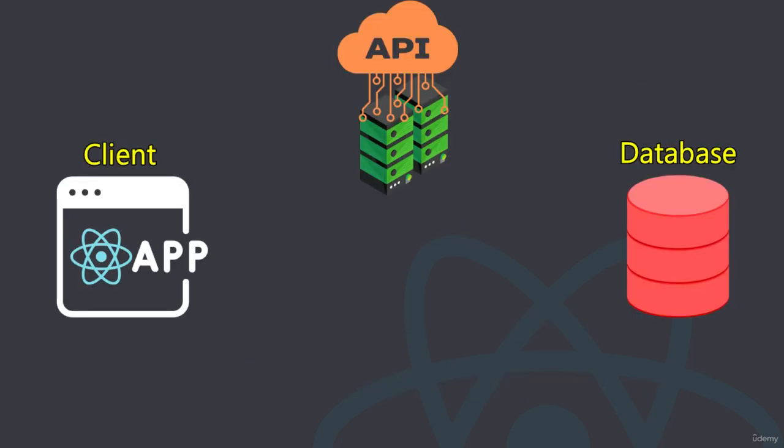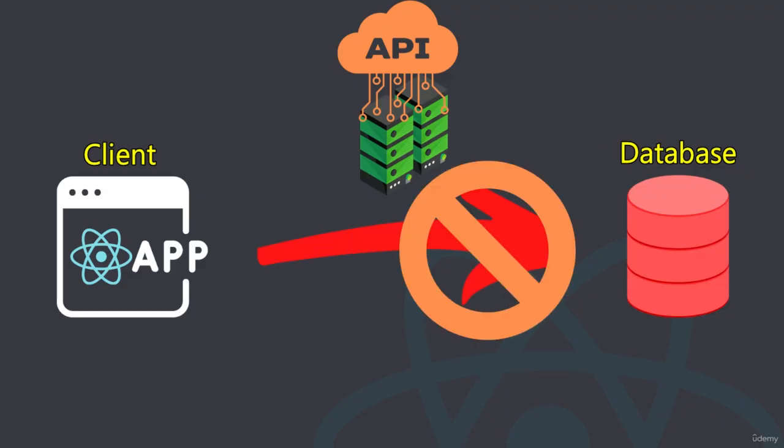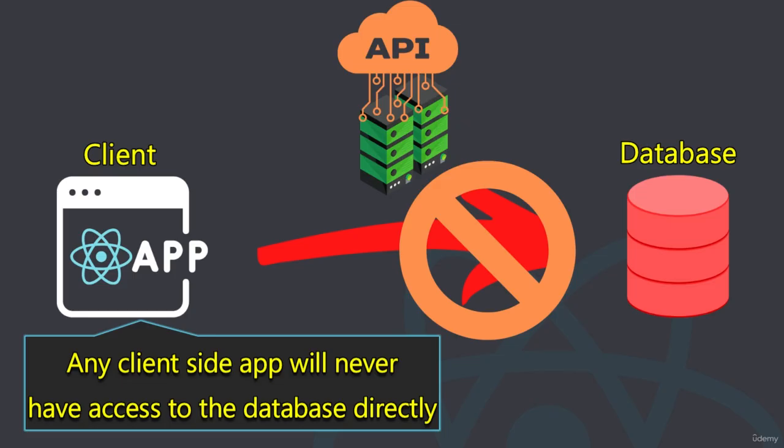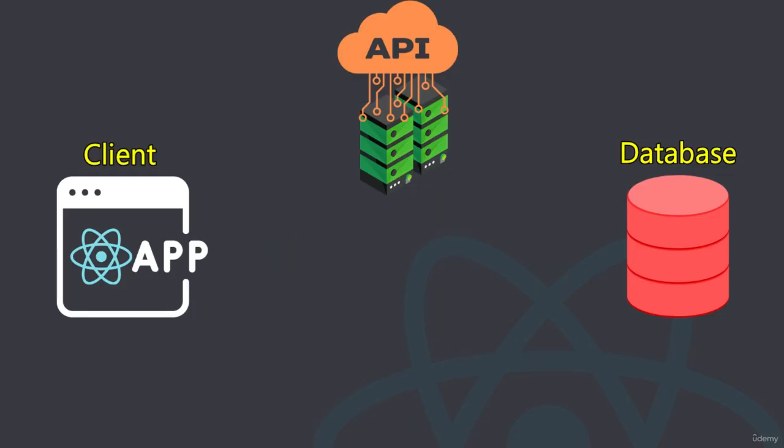So basically we have this client side React app. Now if, let's say, you have the data here, and it tries to access it, it is not allowed. The reason is any client side application will never have access to the database directly. You often see that all the sites have the data delivered in the browser, that is at the client side. So what actually happens is that the React application, or the client side application for that matter, makes